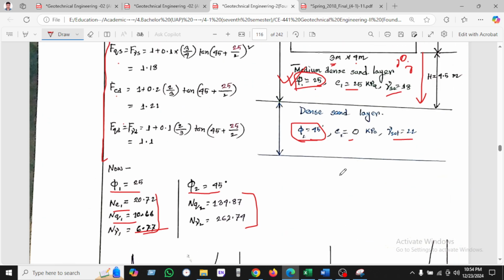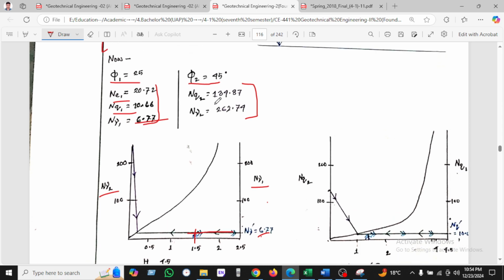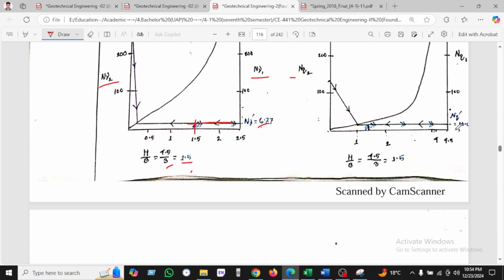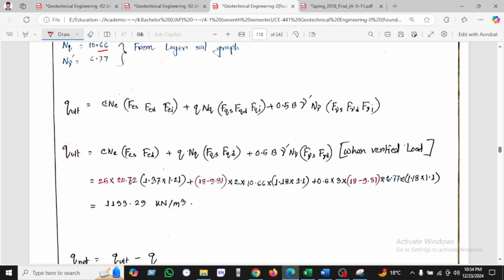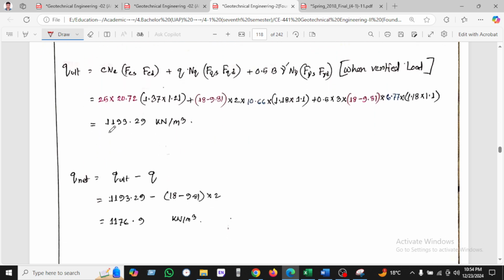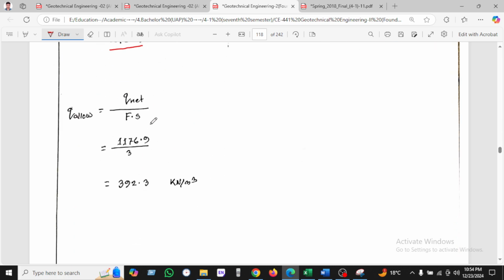And in the same way we can use N gamma 2 and Nq2, and find Nq prime is 10.6. Putting in all these values, we find the gross capacity 1193.29, and the net will be 117.9, and the allowable will be net divided by the factor of safety,